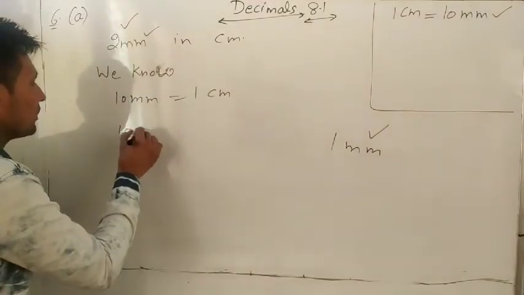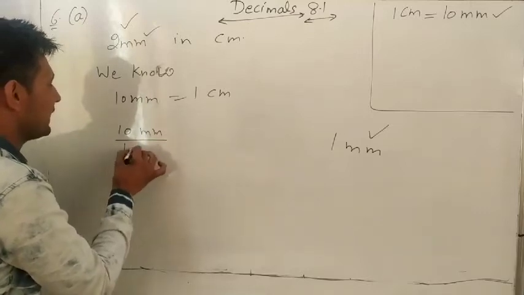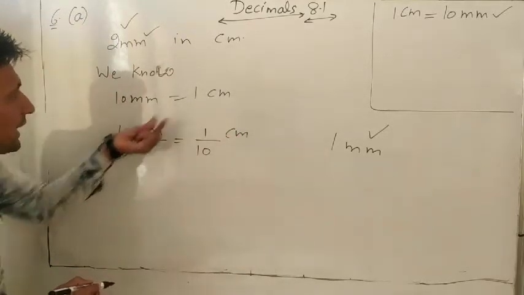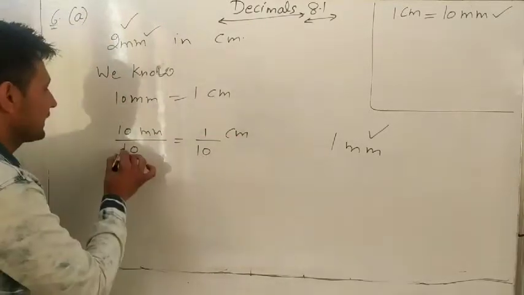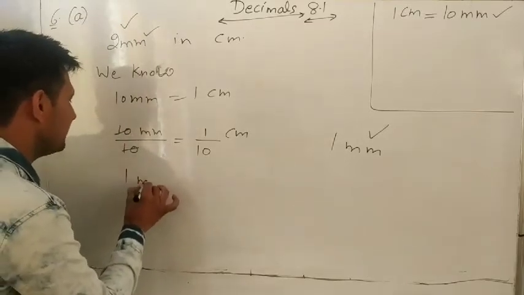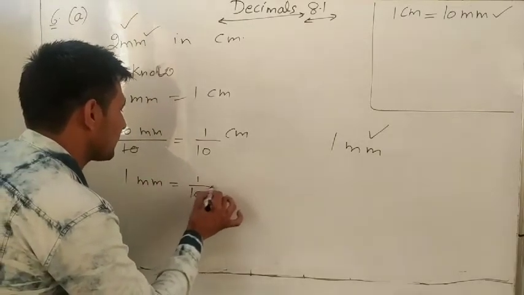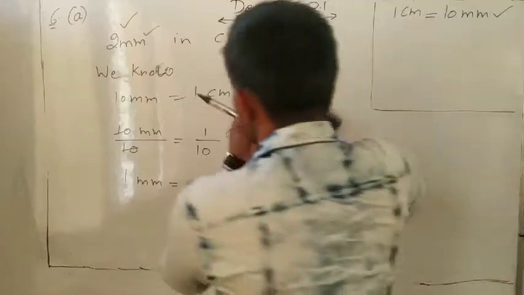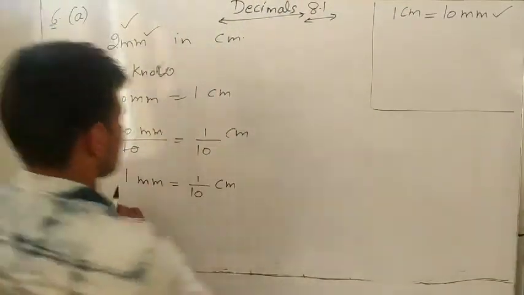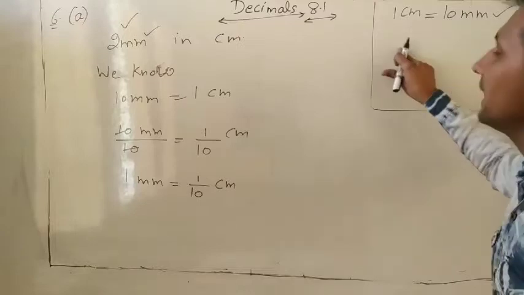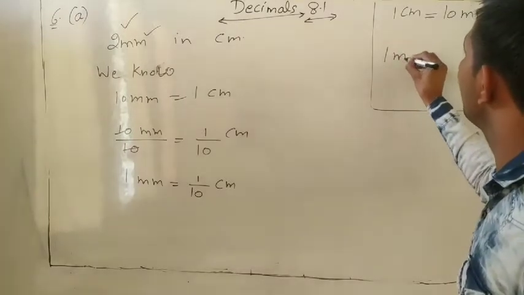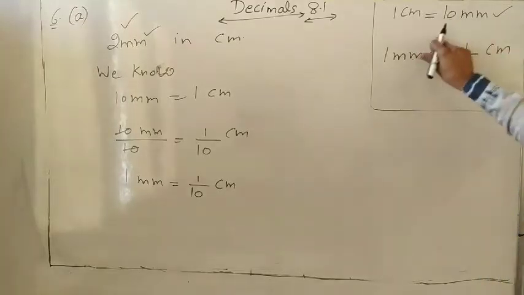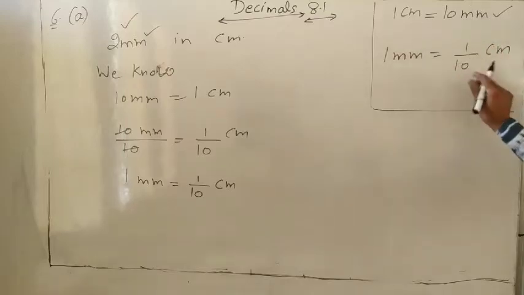And by equivalent fraction we can multiply and divide both sides by the same number. Yes. We divide this one by 10 and 1 also, then they are also equal. Yes. 10 cut by 10. So 1 millimeter is equal to 1 by 10 centimeter. Everyone knows this one. So always remember, 10 goes to the other side as divide. So you can write 1 millimeter is always equal to 1 upon 10 centimeter.